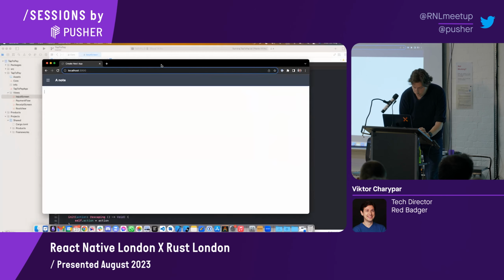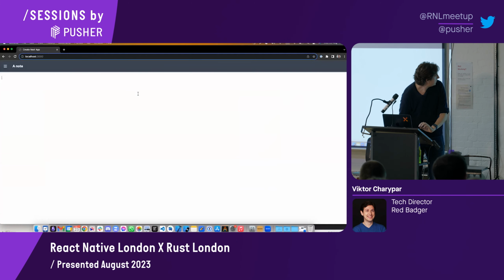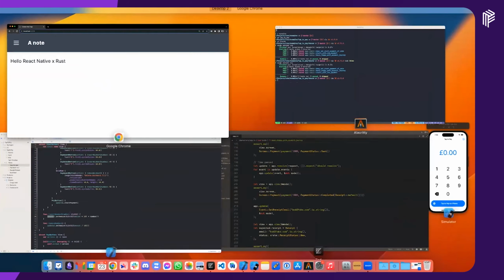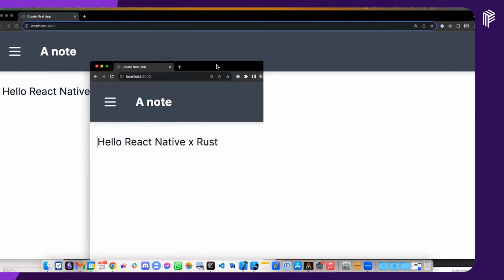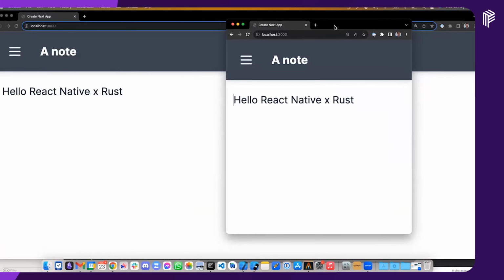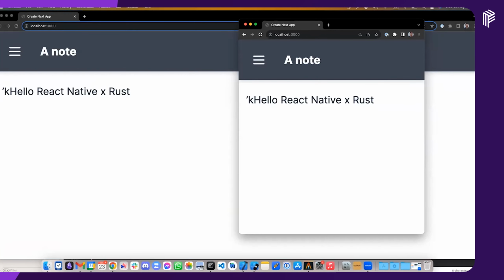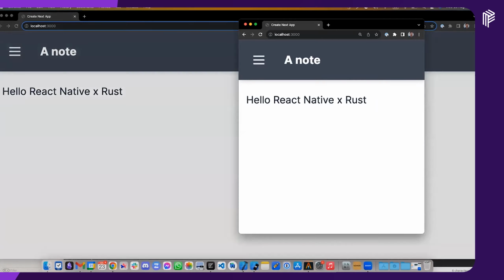We were after building a bit more complicated demo. This is a note editing thing, so I can say, hello, React Native times Rust. I should probably zoom in, shouldn't I? The interesting thing about this is that underlying it is a